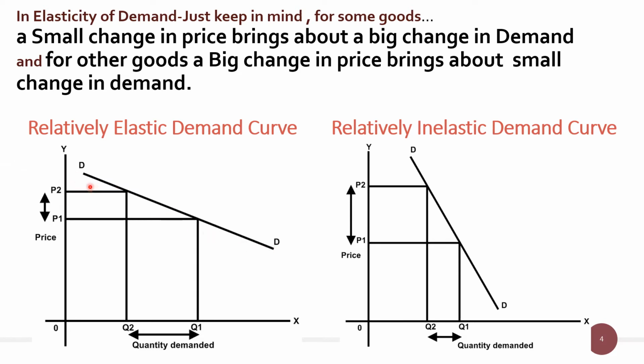As you can see, this first diagram, we call it the relatively elastic demand curve. The slope of the demand curve is rather flat. And that reflects this small change in price brings about a big change in quantity demanded. Whereas in the relatively inelastic demand, it reflects that a big change in price brings about a small change in quantity demanded. And as you can see, the slope of this demand curve, that is relatively inelastic demand curve, is